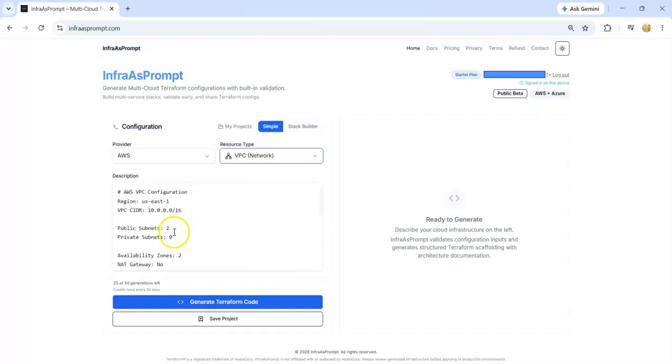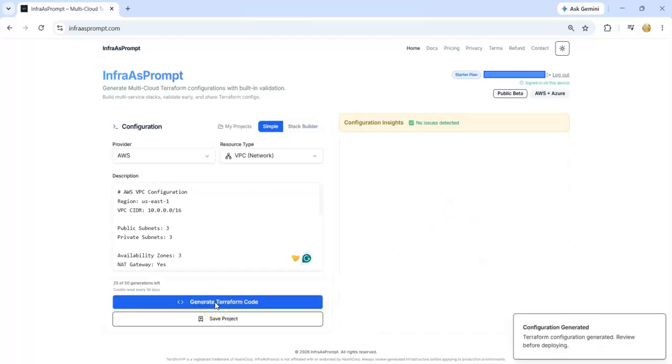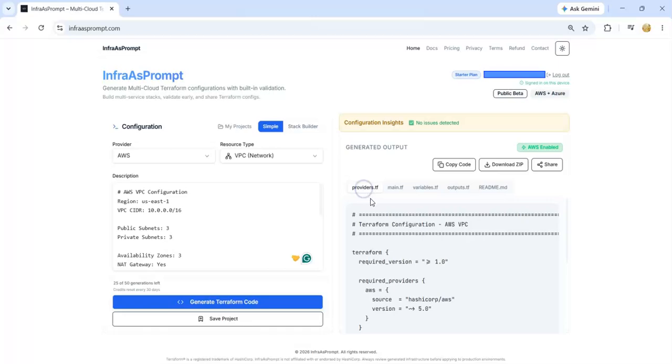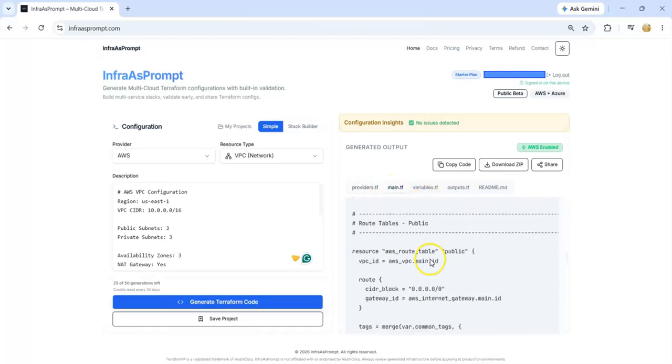You can make some modifications here, like if you need 3 public subnets and 3 private subnets and a NAT gateway along with 3 availability zones. Just these parameters, and click on this generate Terraform code button, and the deployment ready code is ready for you. The providers.tf, main.tf with all the syntax and data,